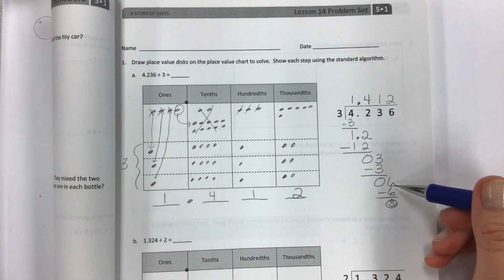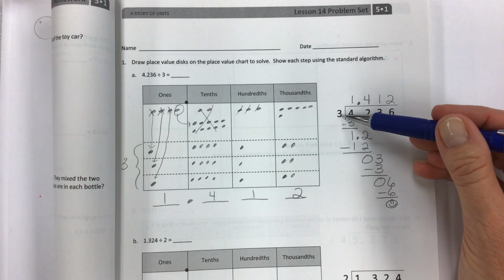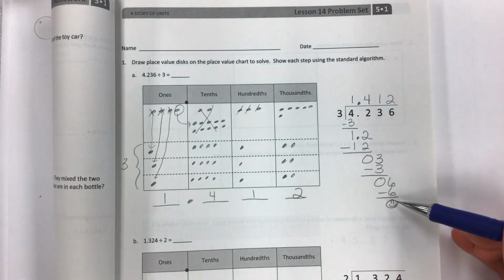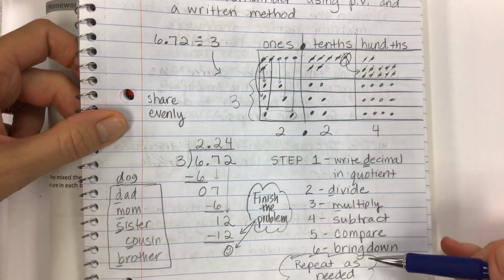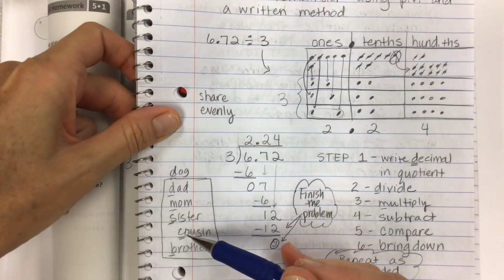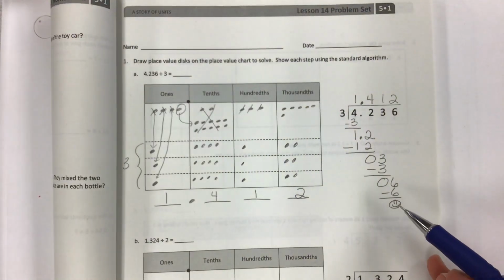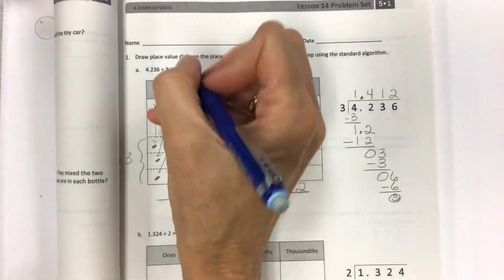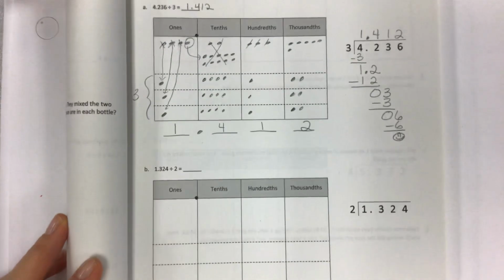That would be wrong because then it looks like you have a remainder of 6, and you can't have that when your divisor is 3. Remember, this always has to be less than the divisor, otherwise you can't go on. And that's just going back to our cousin step, our steps for division. You have to compare. That cousin step is for comparing, okay, to make sure that you can go on. So your final answer, 1 and 412 thousandths. So moving right along,